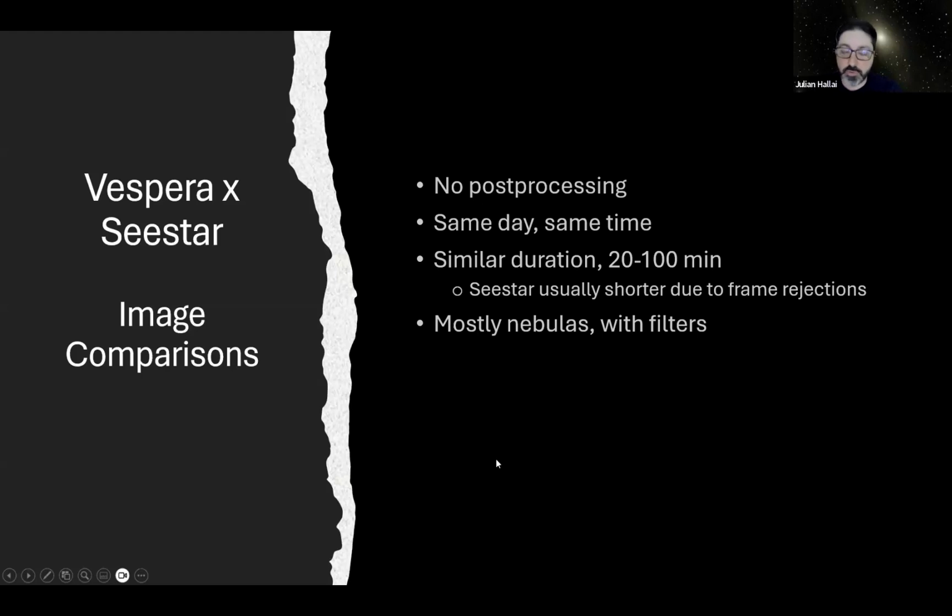Finally, I wanted to show some image comparisons. I have done zero post-processing. So this is just as it came from the app, from the Vespera and from the Seestar. I did them same day, same time. So I had both scopes in my backyard, Bortle 9. They have similar duration, but not the same, because usually the Seestar